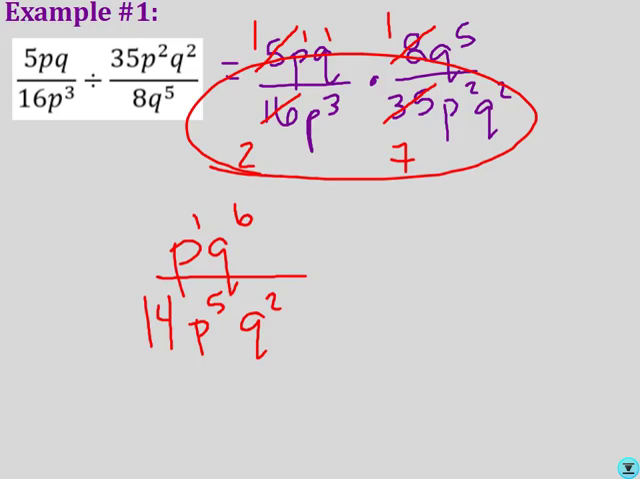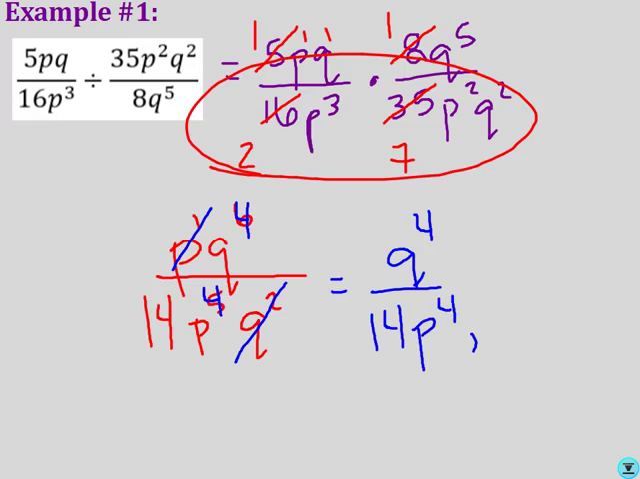The 14 coefficient has nothing to simplify with. My p's, however, can go away, and we can be left with 4 on the bottom. Q6 and Q2, the Q2 can go away. 6 minus 2 is 4. So our final solution would be Q4 over 14 P4,